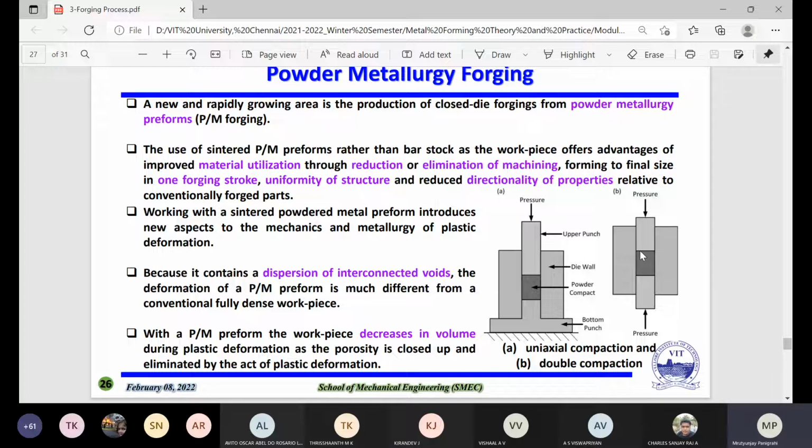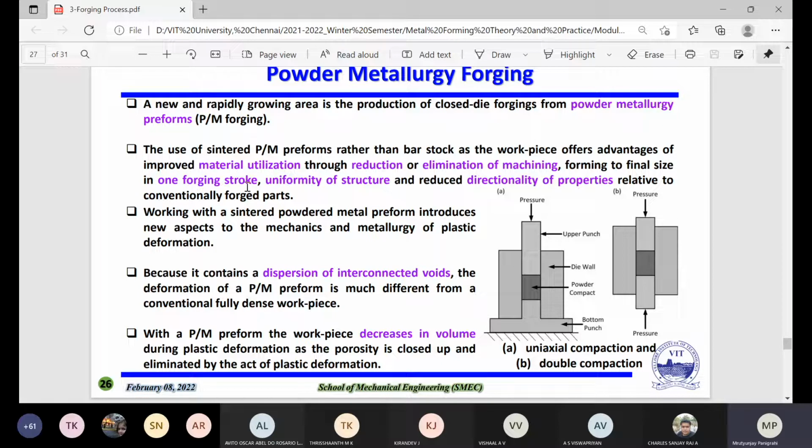But it is very difficult to control whenever you remove that tablet from the die. By your hand it is very difficult to hold it, and sometimes it will break. But if you take a little bigger size, let's say 10 millimeter or 8 millimeter or 12, 15 millimeter, probably you can at least hold it. Okay, so the use of sintered PM preforms rather than bar stock as a workpiece offers advantages of